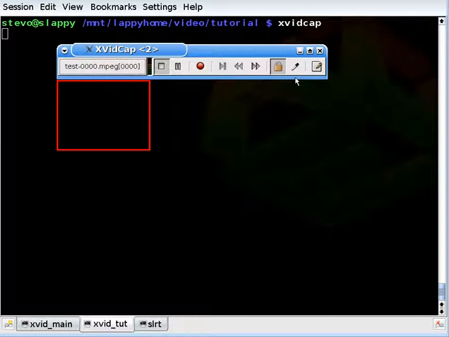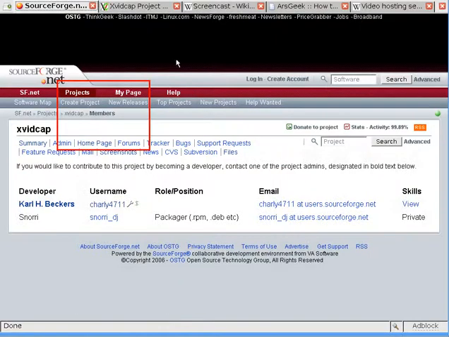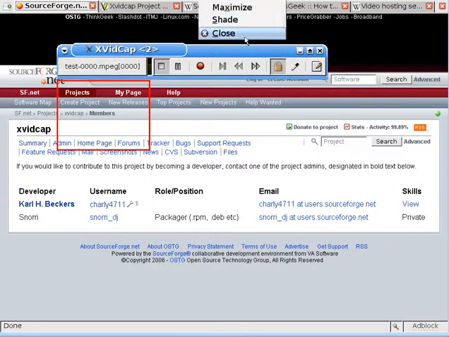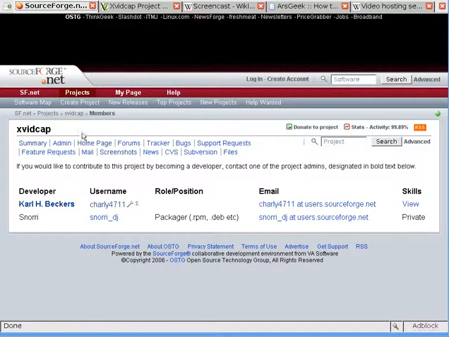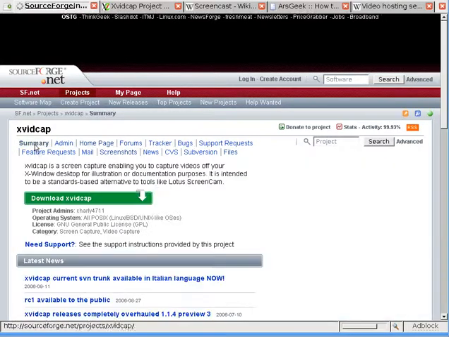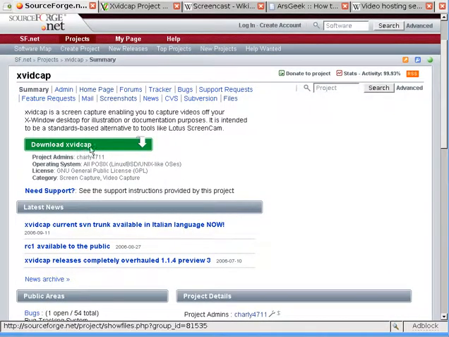But for now, depending on what distribution you're running, you would install the package Xvidcap, which can be found on SourceForge. Ignore the red screen here. Let's close out Xvidcap for the time being. This is the developer page for Xvidcap. Head developer is Carl H. Beckers. And if we go to the summary page, and then we go to the download page,